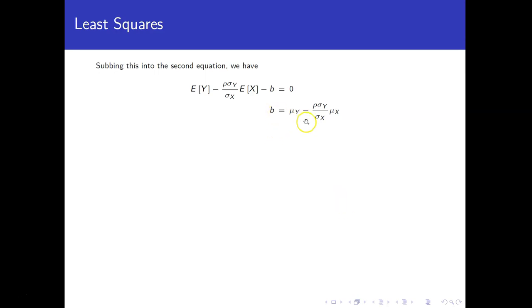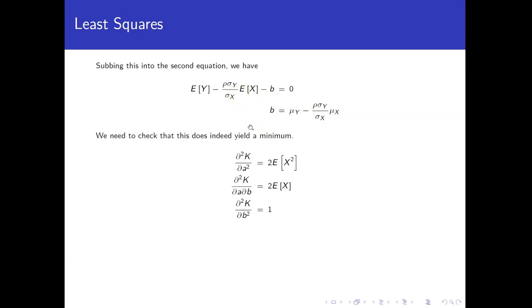When we do that, we'll get b is the mean of y, because that's the expected value of y, minus that rho sigma y over sigma x times the mean of x, because mean of x is expected value of x. Last thing we need to do is make sure we really do have a minimum value of that k